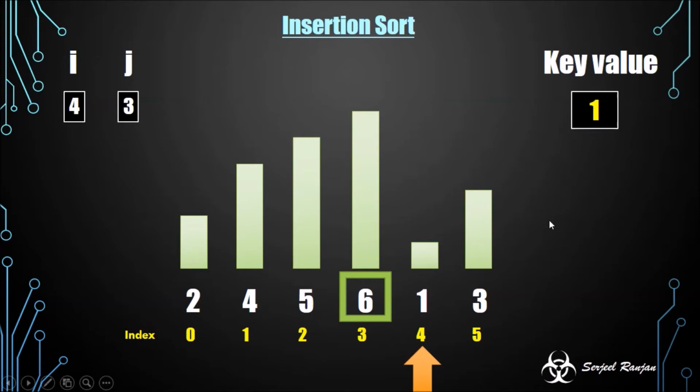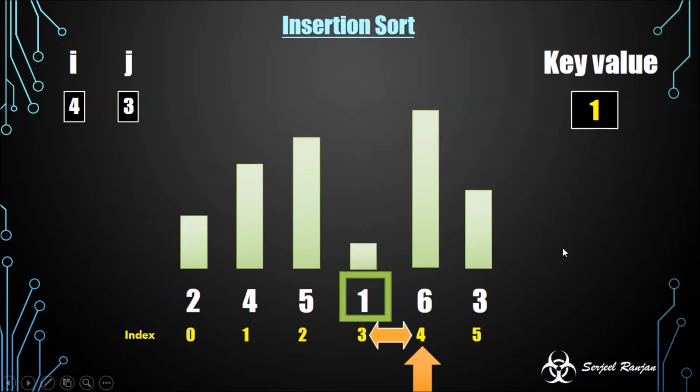Now observe here, 6 is greater than the key value, that is 1. So we need to swap these two adjacent numbers. Alright, the swap was done. But in this we cannot skip the further check, because you see our current number is 1, but we are having the numbers which are greater than 1 in the left side. So we have to keep on continually checking on the left side by moving the box on the left side and decrement the j value.